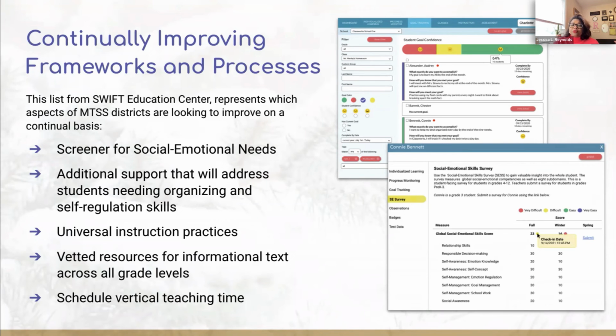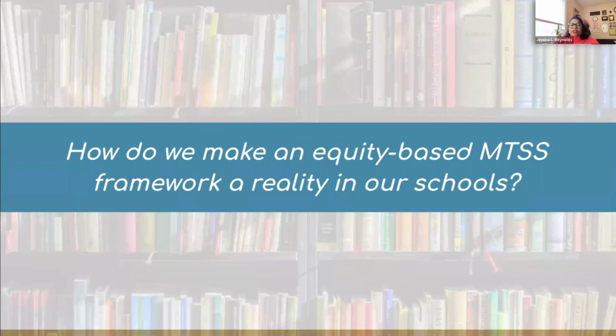As we mentioned, we include an SEL survey now in the program. We have both observations and SMART goals that can help students work in both organization and self-regulation. So, as we look to continually improve our processes and practice, we must also ask ourselves, how do we practice equity ourselves? I've discussed MTSS and its distinct nature. I also touched on the importance of this practice being equitable.